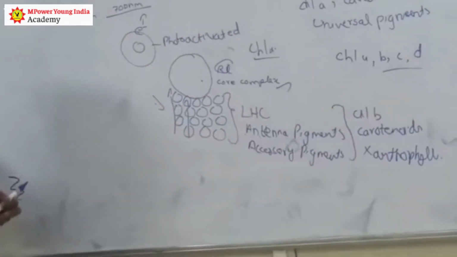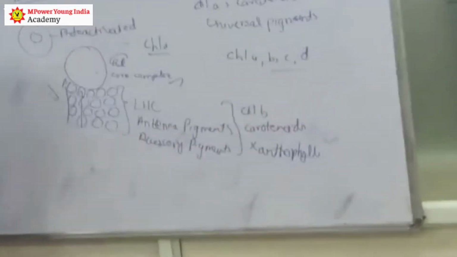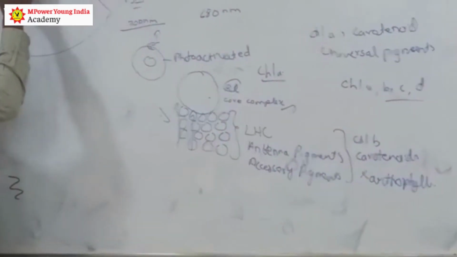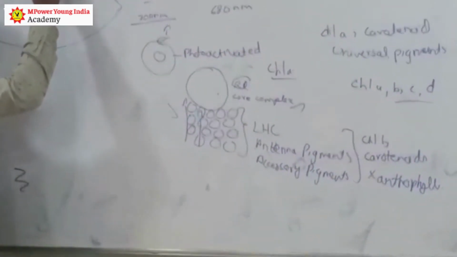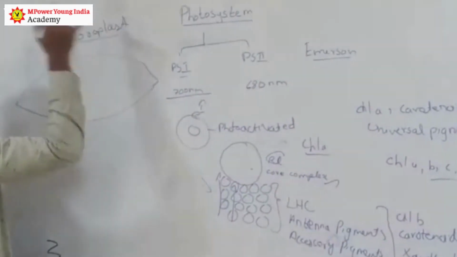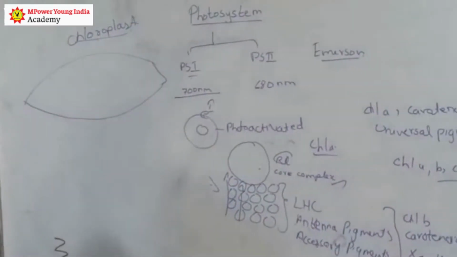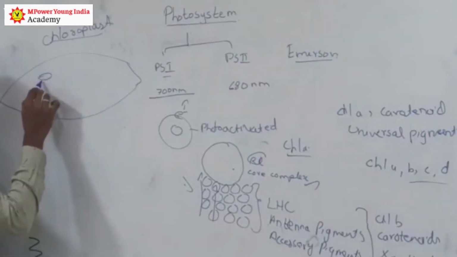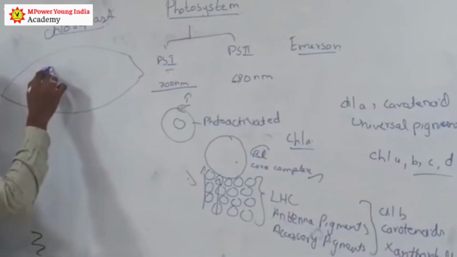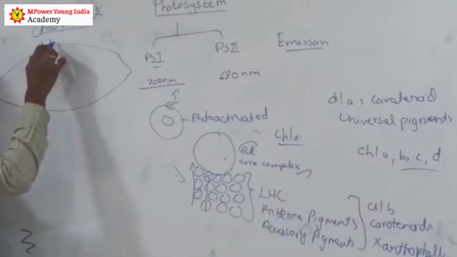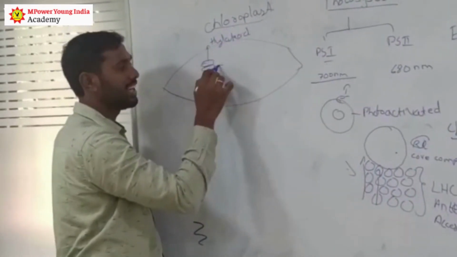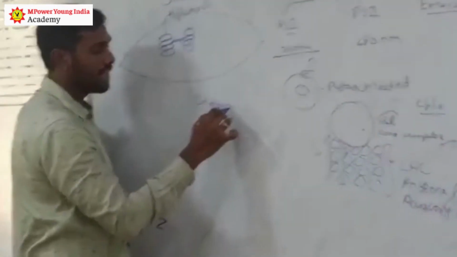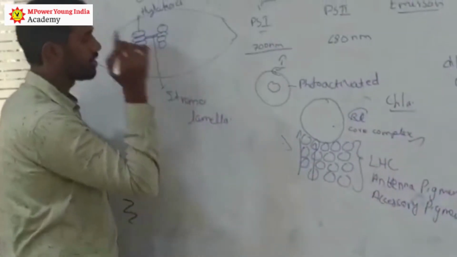And usually we all know where this photosystem is present. This photosystem is majorly present in an important organelle that we are very familiar with, which is the chloroplast. The chloroplast is the organelle majorly present in photosynthetic plants or any organisms. There you have a special structure called granum, and these individual structures we call thylakoids. Each thylakoid is connected by stroma lamella.